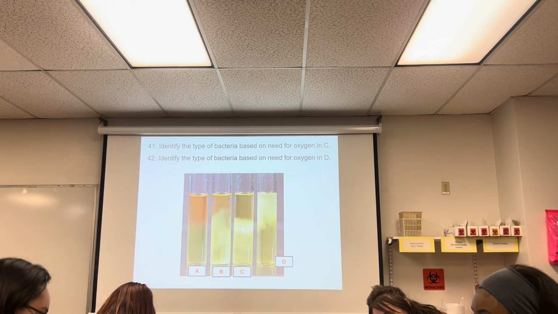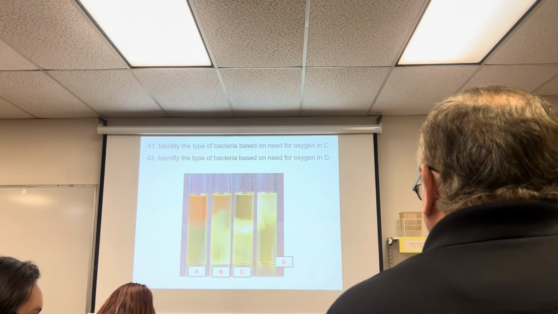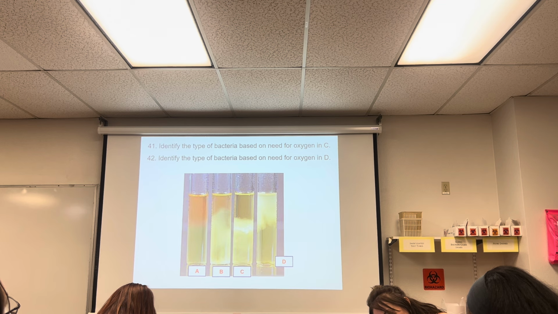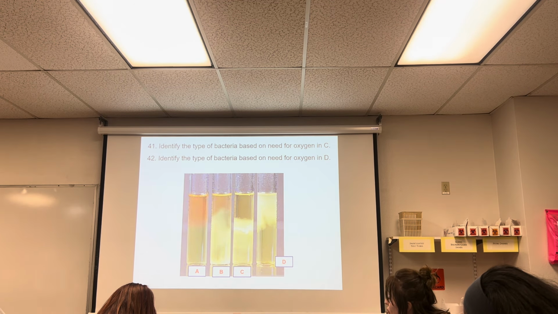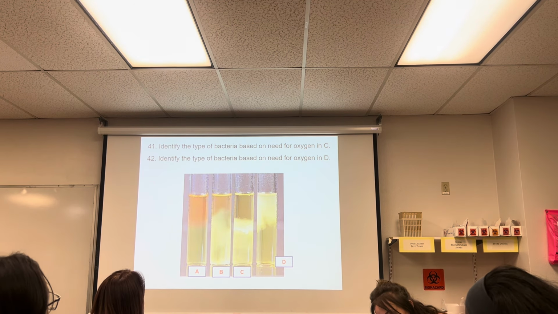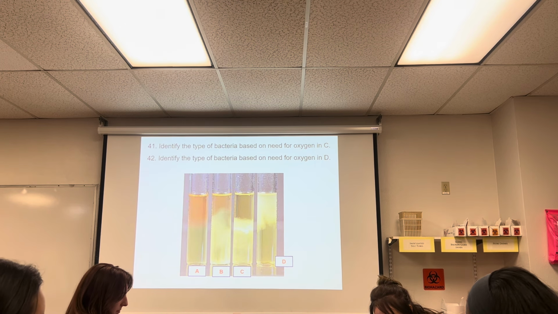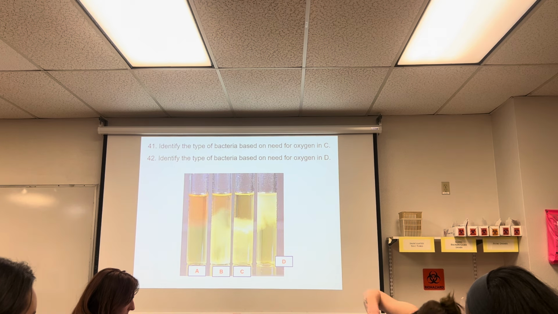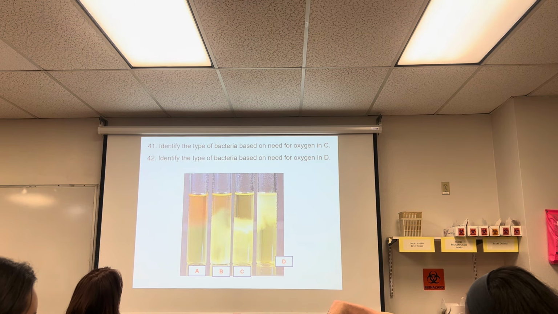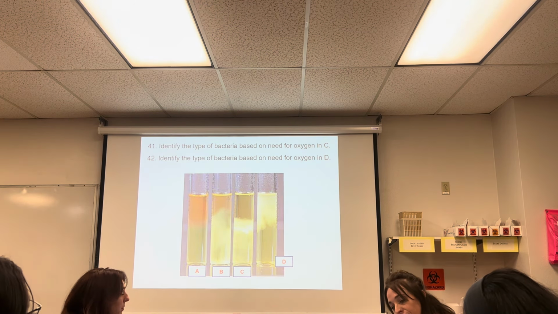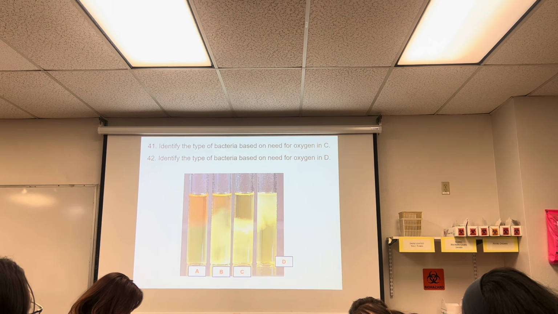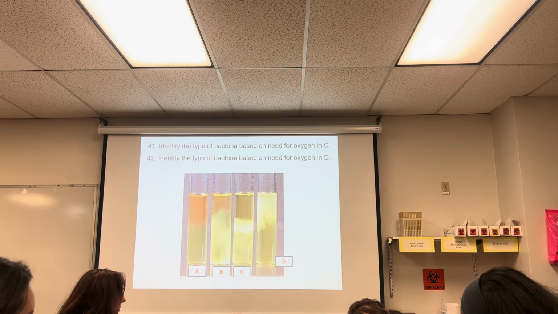So we're looking for the types of organisms based on their need for oxygen. This red area means that there's dissolved oxygen. Nowhere else in that tube except for the red is there oxygen. So if the organism grows at the top of the tube, what type of organism is it? An aerobe. If an organism grows away from the top of the tube, only at the bottom, it's what? An anaerobe. If the organism grows throughout the tube, but there's more growth at the top of the tube, what is it?